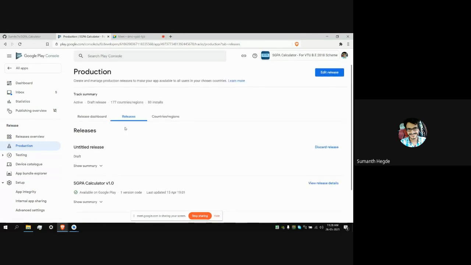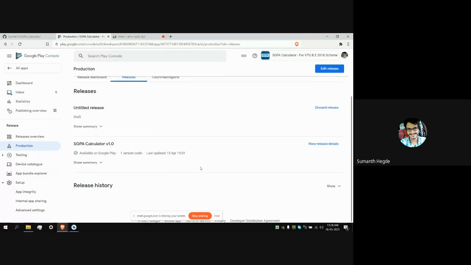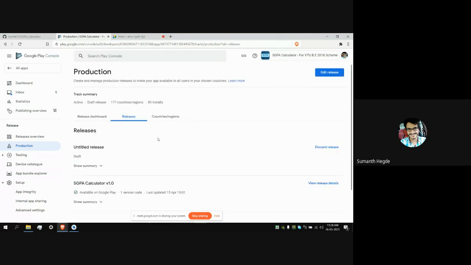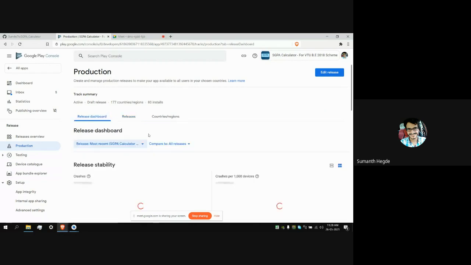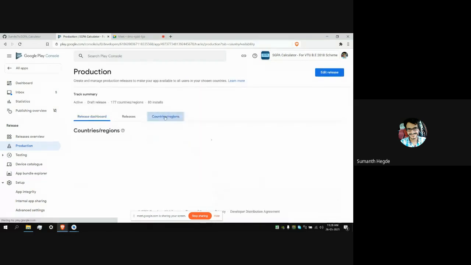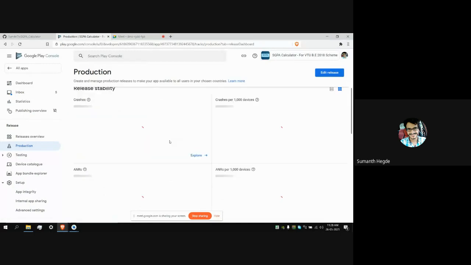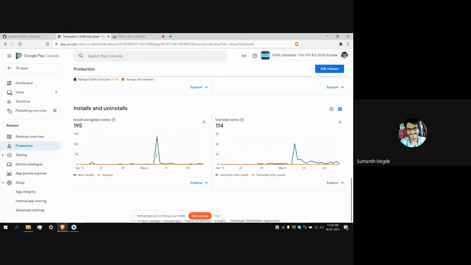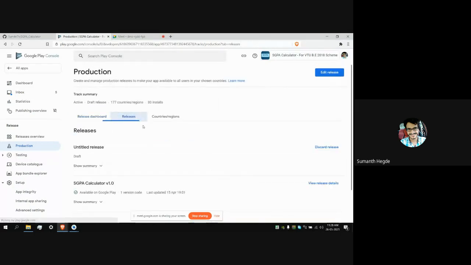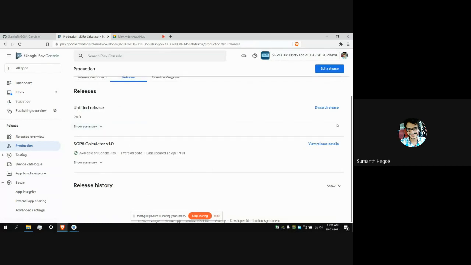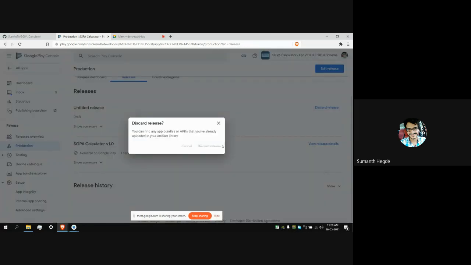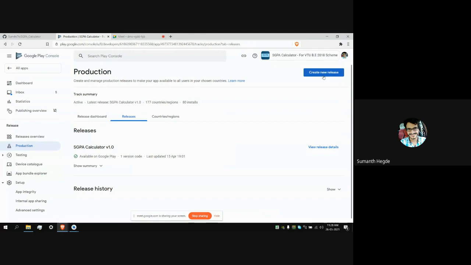In this section we can create a particular release. It's a draft release. It is not the real release. So now you can see the option to create a new release. If you click on this,